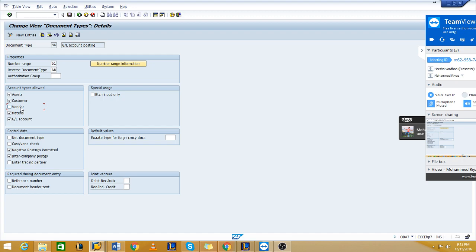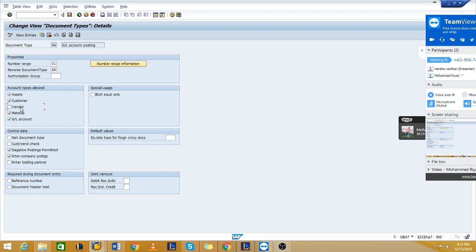If you are making a payment to a vendor, the vendor will be one line item, so you cannot use an SA document type in that case. So these allowed account types will control what type of transaction can be allowed for a document.